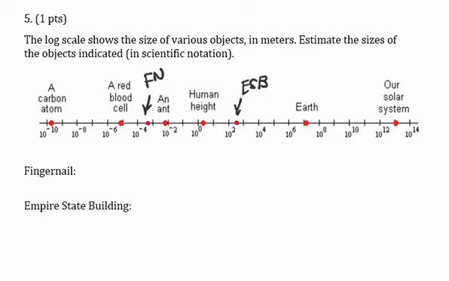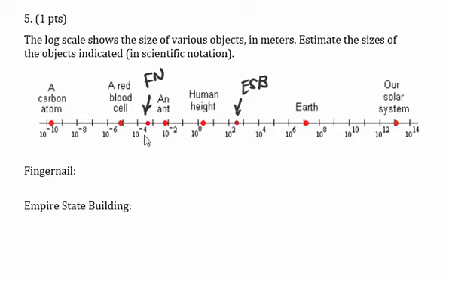Let's take a look at number 5 from section 5.4. The log scale shows the size of various objects in meters. We're going to estimate the sizes of the objects in scientific notation. And so I have a couple of things labeled. I've labeled the thickness of a fingernail somewhere around here,